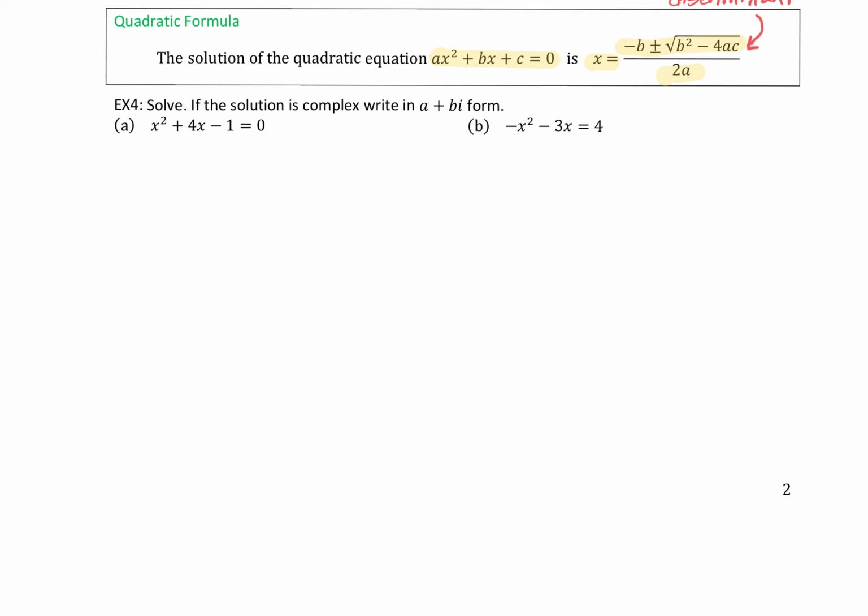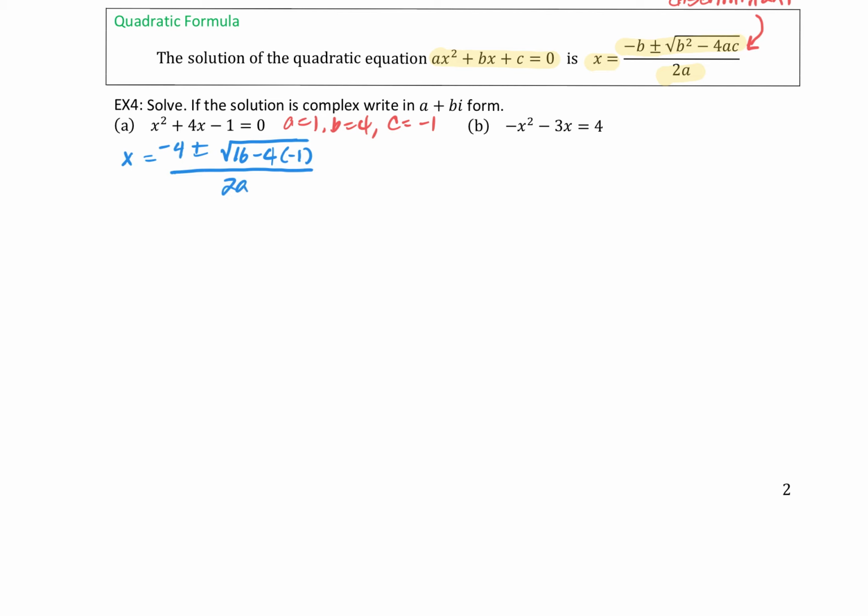So now I'm going to use the quadratic equation, noting that my a is 1, my b is 4, and my c is negative 1, which gives me the solution x equal to negative b, so negative 4 plus or minus the square root of b squared, so 16, minus 4 a times c, which is going to be negative 1,